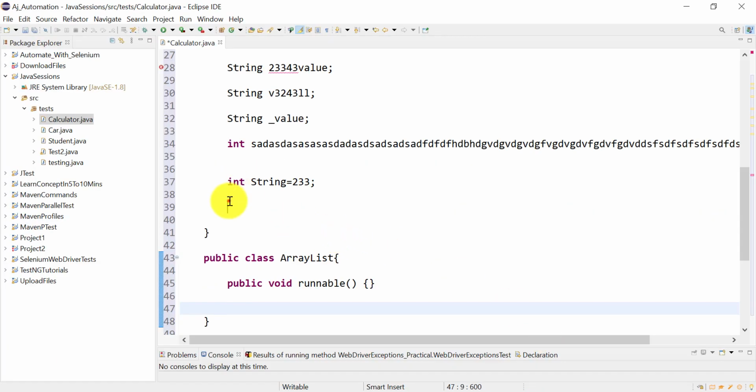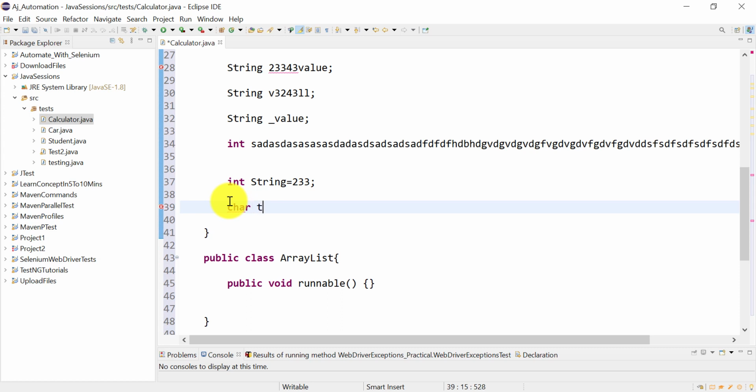If you try to use, let's say, a character true equal to C, it will give an error here. You will not be able to use true.